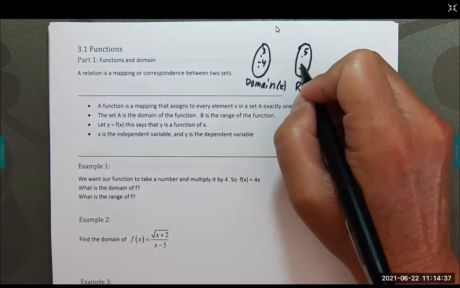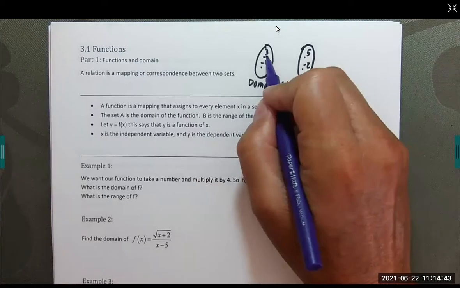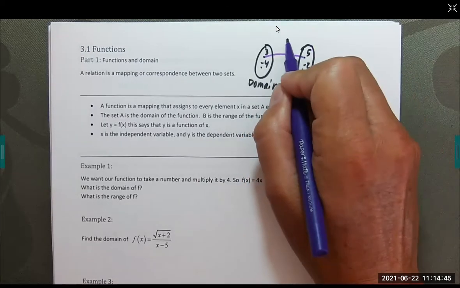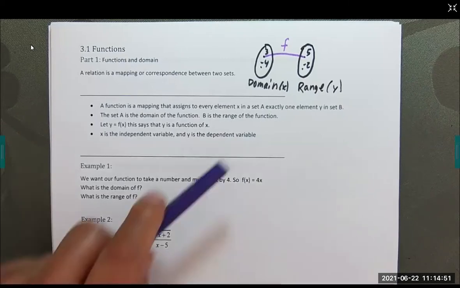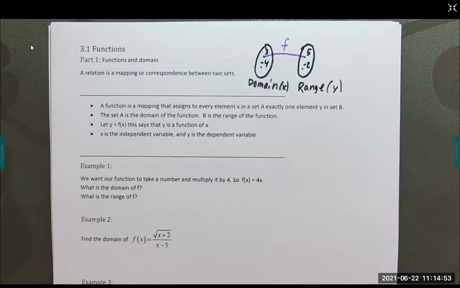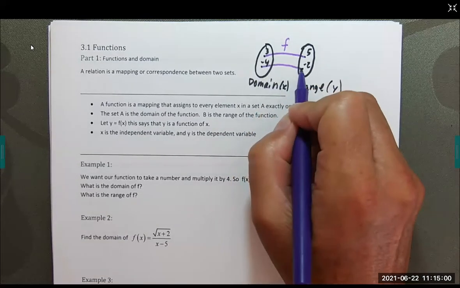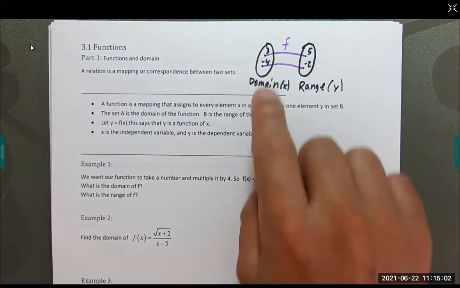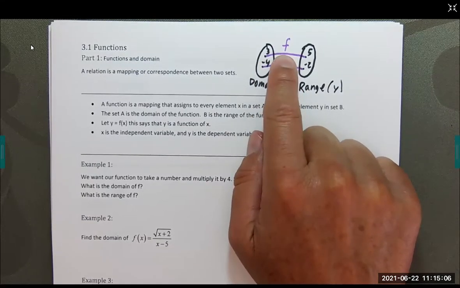5, -2, say. And what we have, this mapping, is how do we get from 3 to 5? We have a function. And it tells us to take something out of the domain, change it somehow. The function is going to change something in the domain the same way every time. And you can see this particular function is adding 2 to our domain. So take 3 out of the domain, function it, in this case add 2, and we get 5 as a